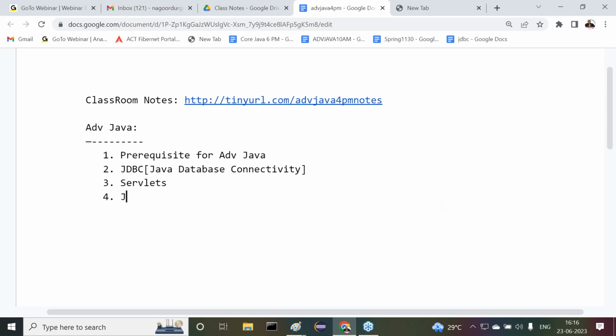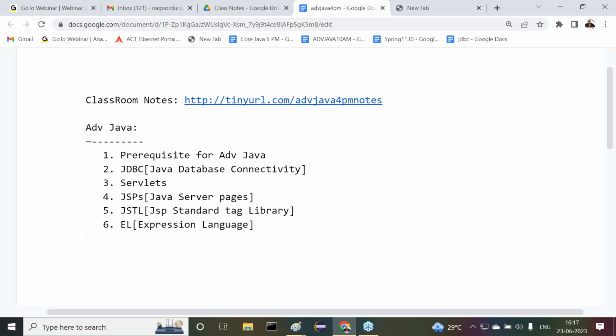After the servlets, I'll go with JSPs, Java Server Pages. Next one after this is JSTL, JSP Standard Tag Library. And another one, the sixth one after this, is EL, Expression Language.